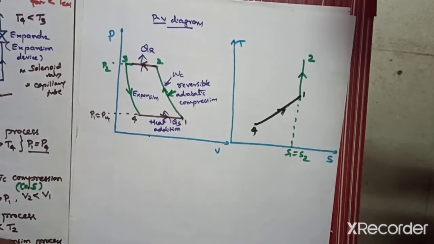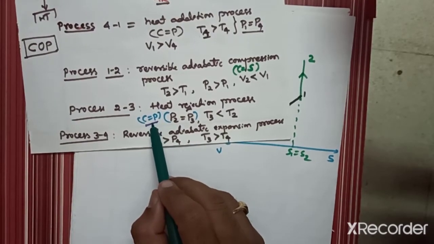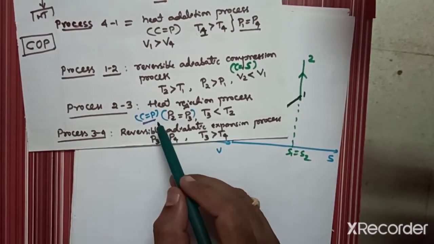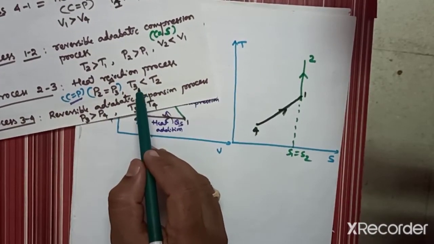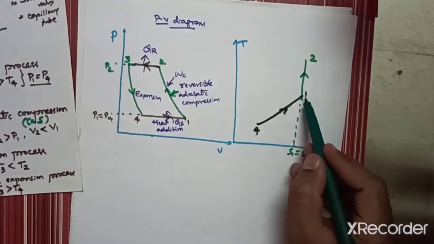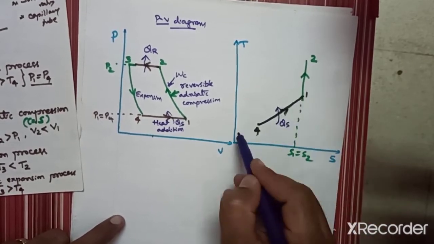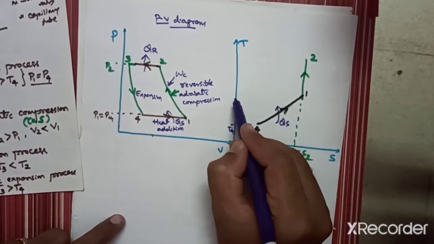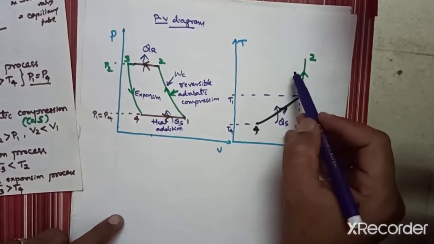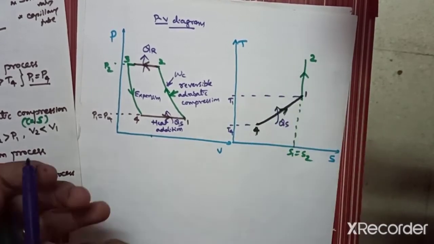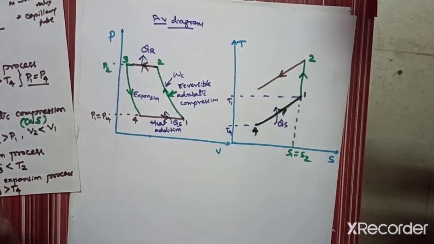Now what is the name of the third process? Heat rejection process. Again it is at constant pressure. So constant pressure process will be represented by a curved line, just like 4 to 1. But here the temperature should decrease. In the 4 to 1 heat addition, the temperature increased. Heat supplied, temperature increases. Here it is T4, and at the end of the heat addition the temperature is T1. T1 is greater than T4. But during the heat rejection process, the temperature should decrease. So I will represent it with a downward arrow mark.